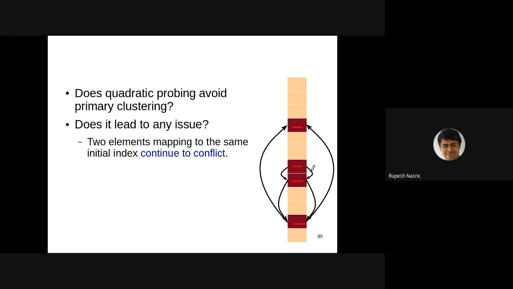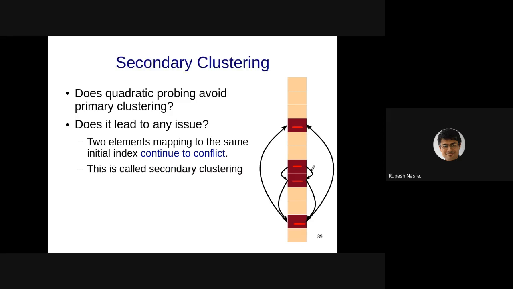So this kind of clustering is called secondary clustering, where because of the conflicts, these are still going to appear, these are still going to continue to conflict. This is called secondary clustering. Although visually these are far apart, they are still going to cause issues because you are using that particular hash function of quadratic probing. Does that seem reasonable? Any questions on what is meant by secondary clustering?